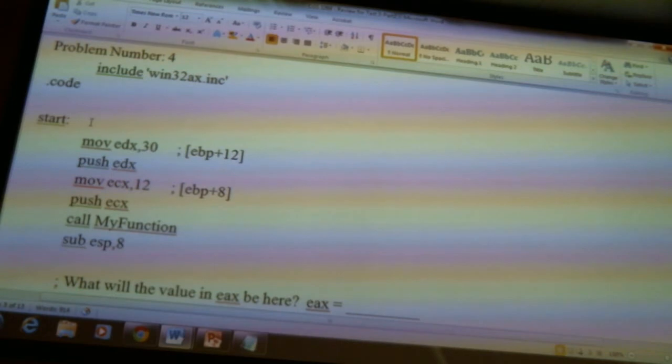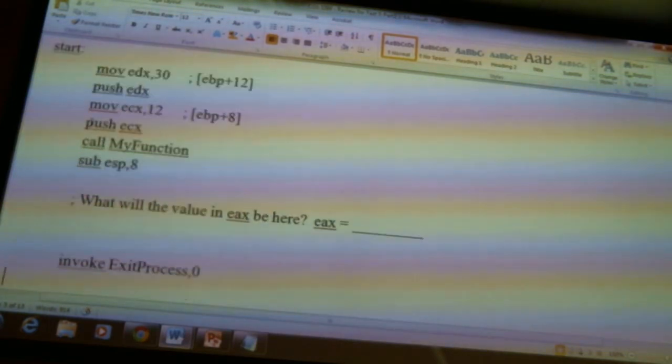Okay, so here we go. We pushed 30, we pushed 12. Now we called our function. We got the first one off the stack. We got the second one off the stack, and we multiplied. Okay? And by multiplying those 2 numbers, notice, this is kind of messed up. Preserve EBP, preserve EDX,